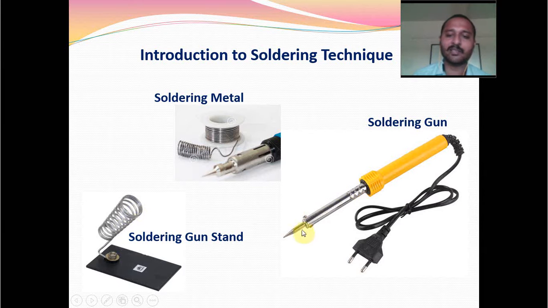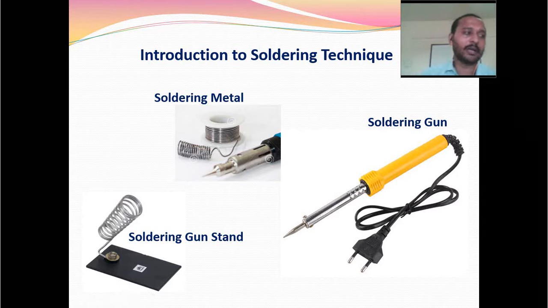So this entire metallic tip you are supposed to keep inside this spring-like structure in the soldering stand. This gripper has been given, if you see clearly, there is a gripper onto this cap, where we are supposed to hold the gun. So I also have the gun in my hand right now. I will show this.